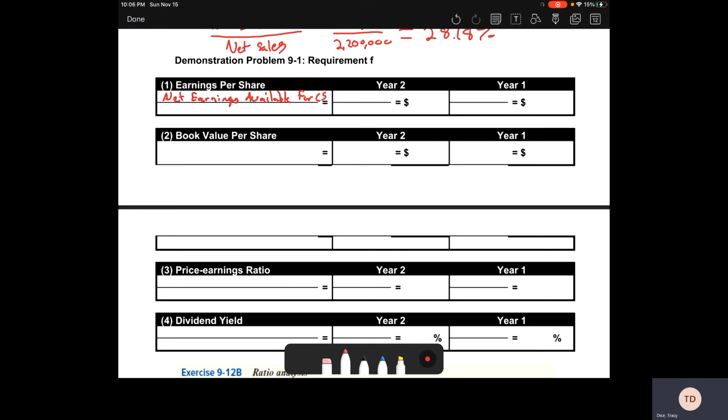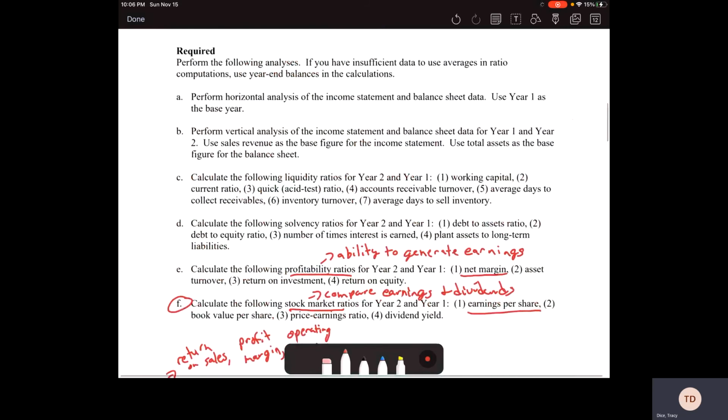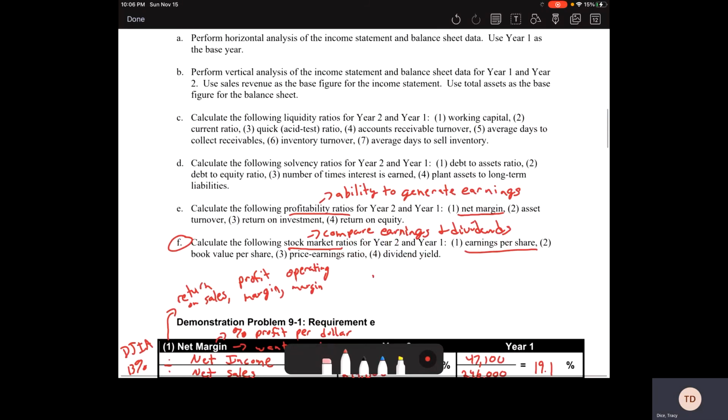All right, so when we talk about your net earnings available for common stock, let's come back up here where we've got a little bit more room. So earnings per share. Got our net earnings